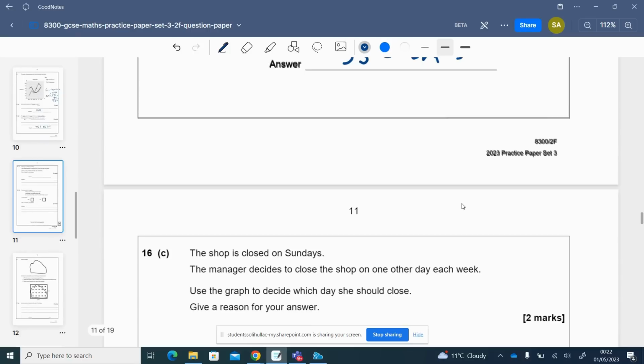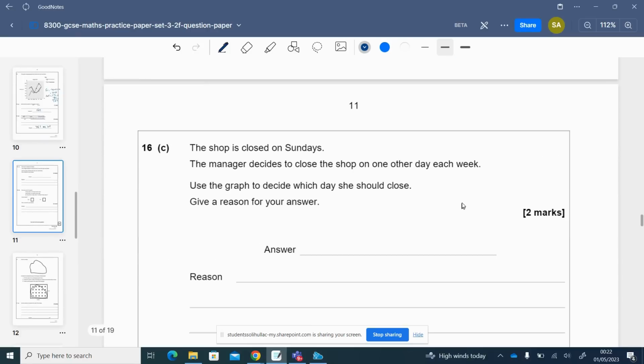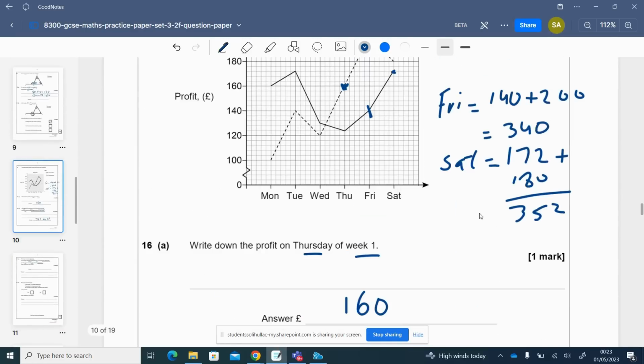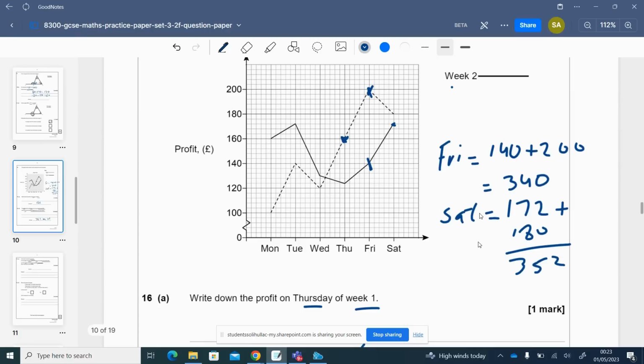Okay, so 16C says that the shop is closed on Sundays. The manager decides to close the shop on one other day each week. Use the graph to decide which day she should close. Give a reason for your answer. So if you go back to this graph here, you can either choose on Monday